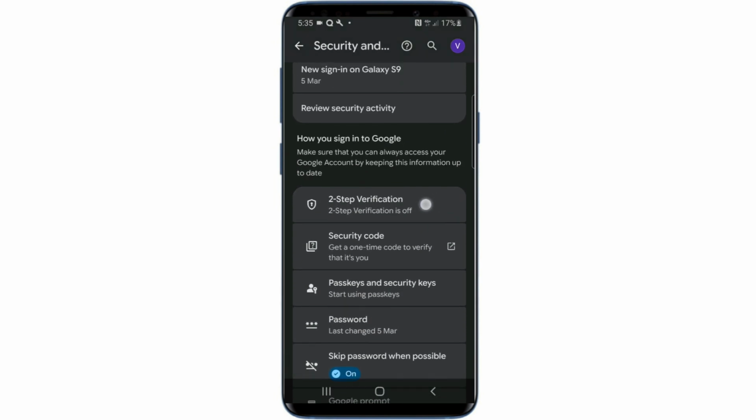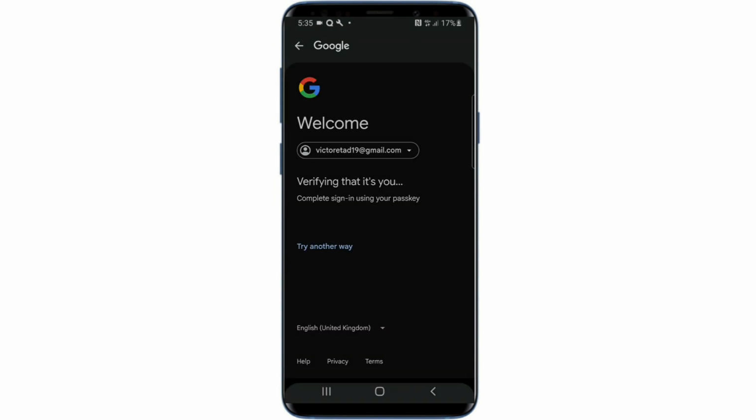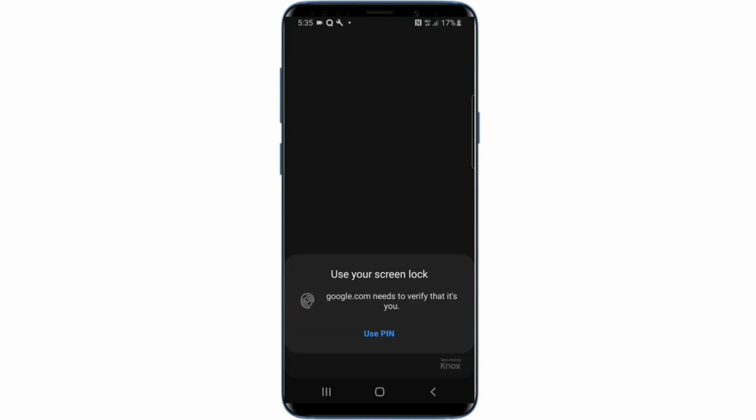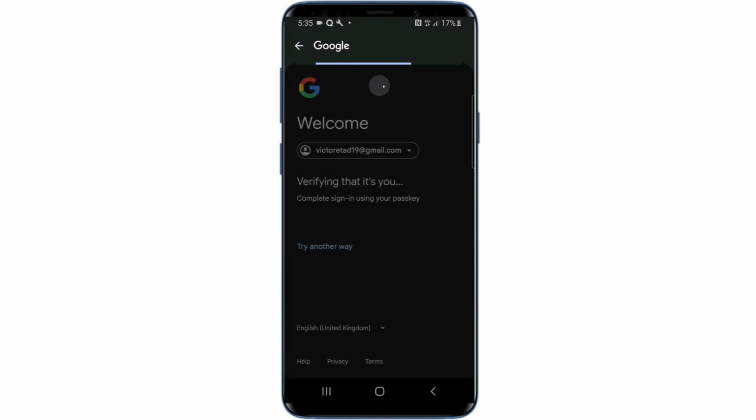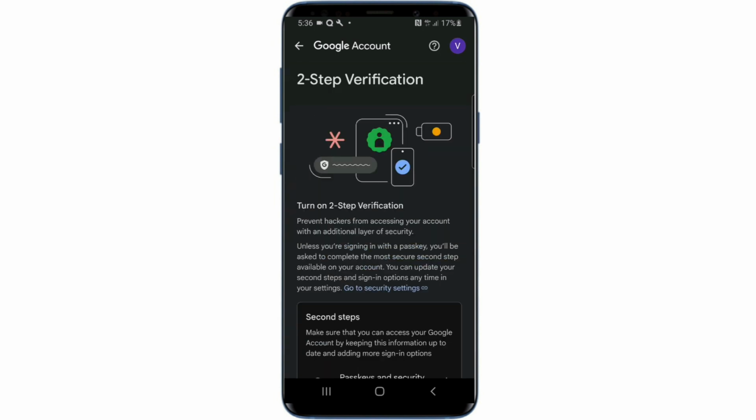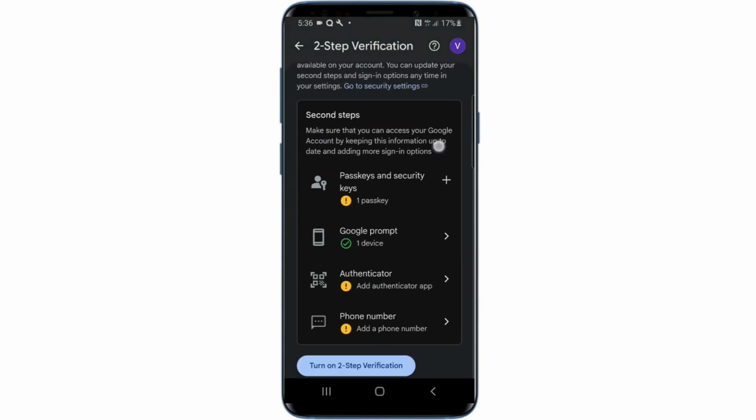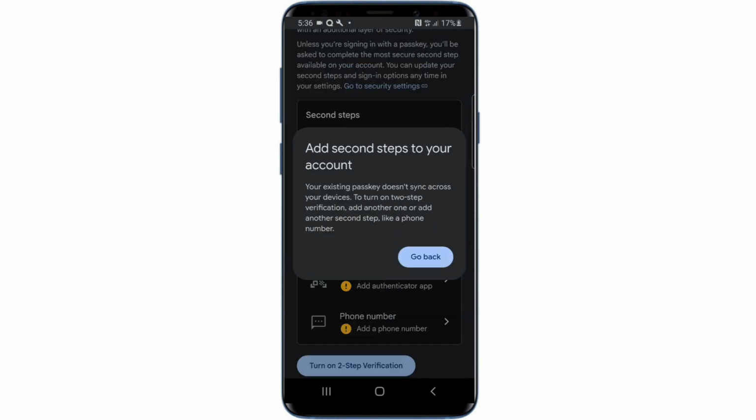So as you can see, we have that here. You just click on two-step verification. You see it's currently off. When you click on it, you'll be asked to verify that it's you. So I'm just going to use my fingerprint right now to verify my biometrics, and okay, so it's loading. Okay, so it will bring us over here, but if we click on turn on two-step verification, it says